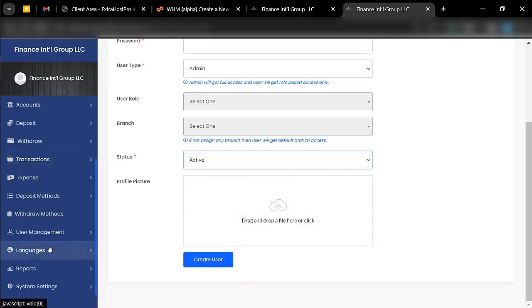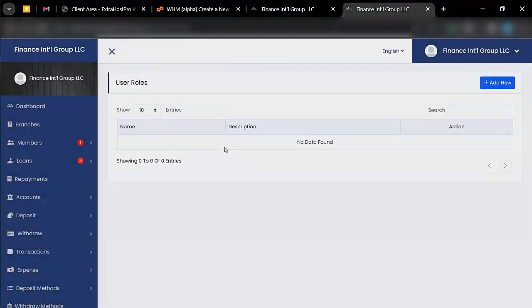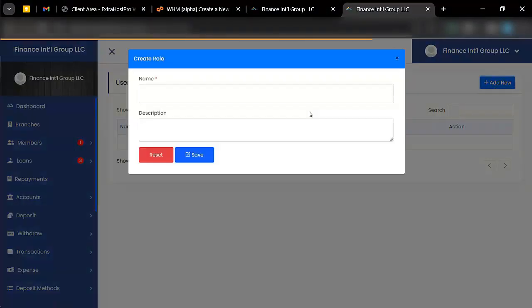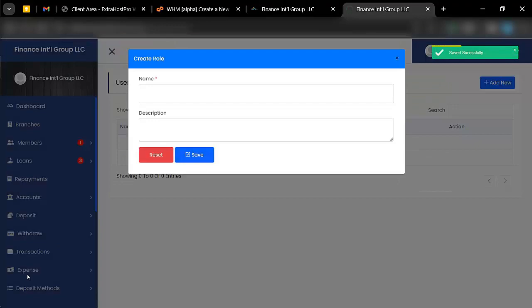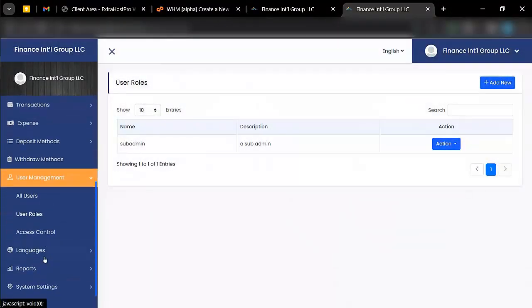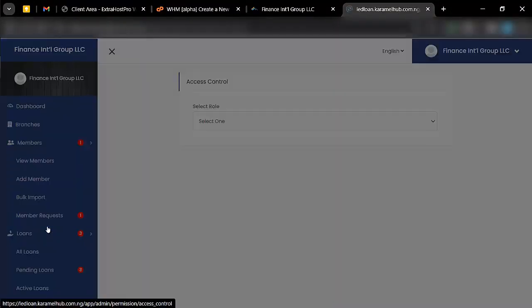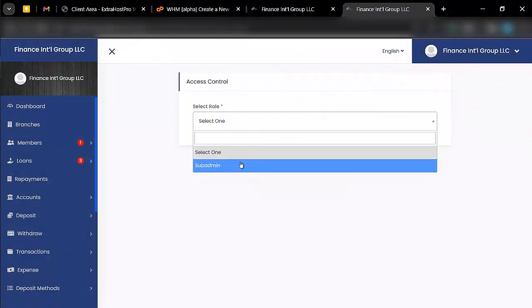Okay, so now let me show you how you can set up different roles. Now user roles, so let's say this is name, let's say sub admin, and description is a sub admin. I'm going to click on save. Perfect. Now also access control. For this sub admin,